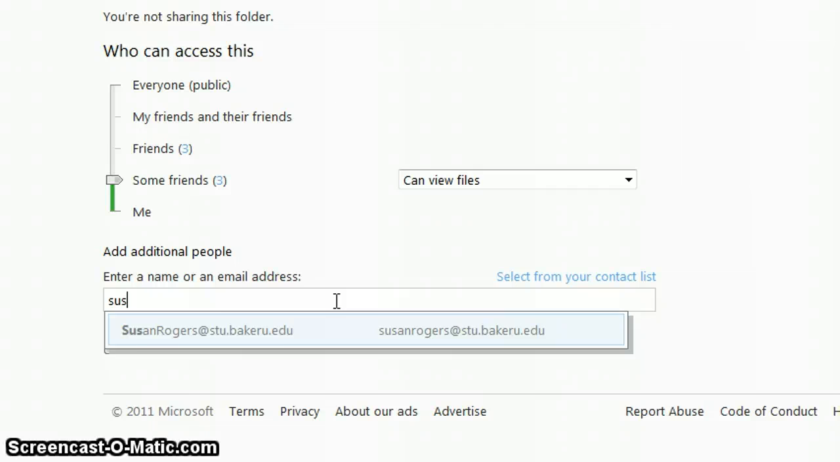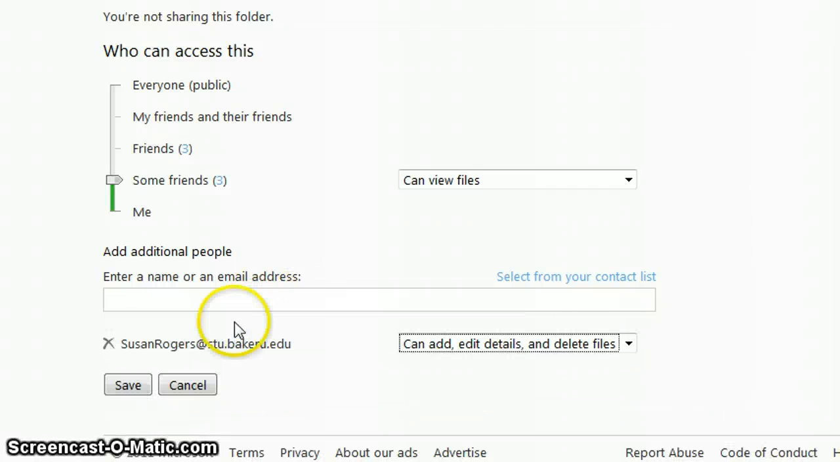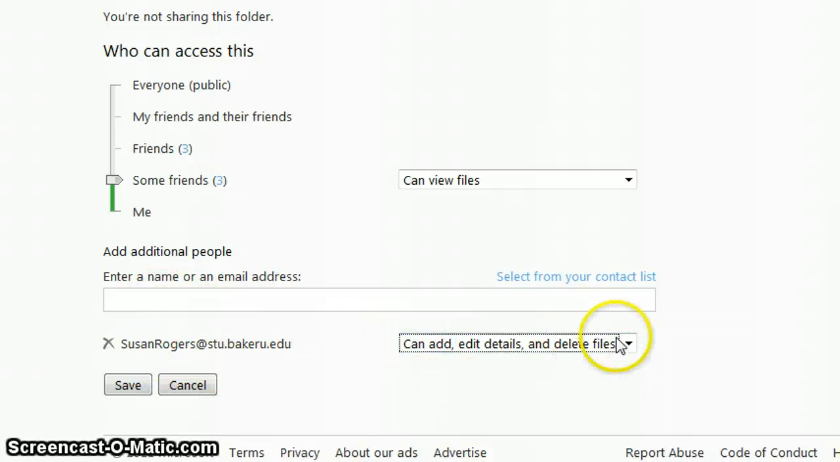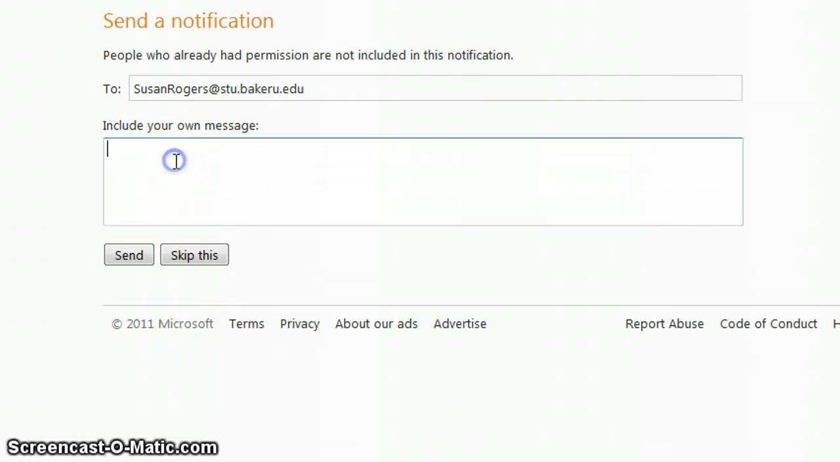So if I type in Susan Rogers' email, you see I started typing her name, it appeared, I clicked on it, and now here she is. All right, and Susan can edit, add, or delete files. So if I hit save, I'm going to get a window here. Now I can send Susan a message, this is just an example, to let her know,